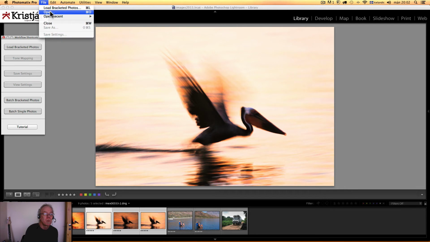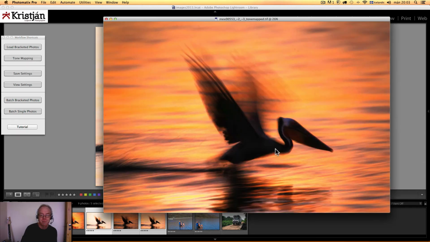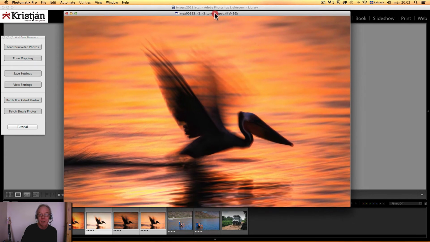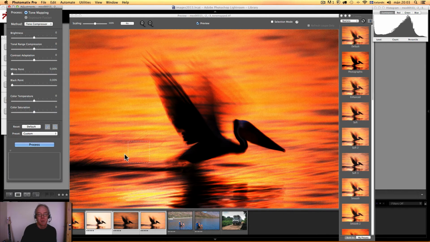I'm gonna go and open the already saved map with the ending tone mapped. So here we have the final image, and why I'm doing this is because I'm running it again through tone map. This time through tone compressor. And in the tone compressor, I will be pulling this up just the tiniest bit,